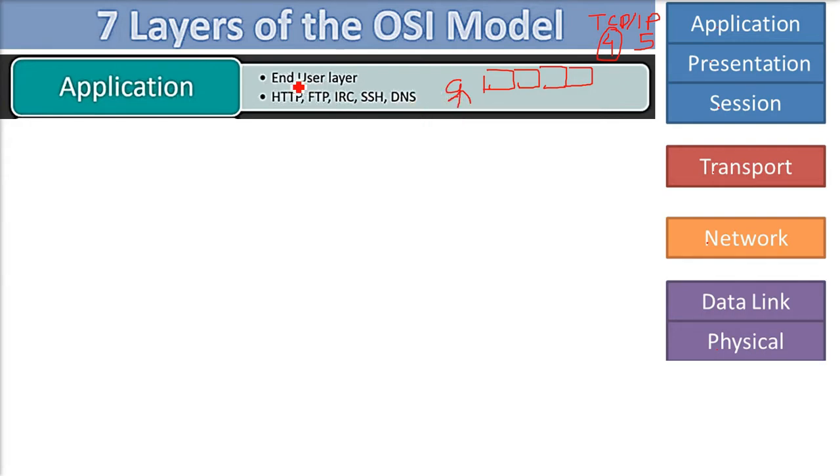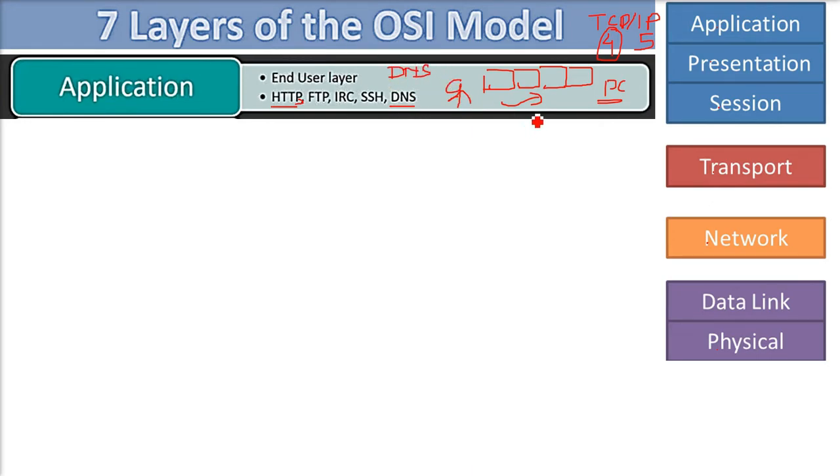So application is the end user layer. That is, you are interacting with your system in order to use the networking services. For that you need certain protocols. Whatever service you use in the background, certain protocols are there that are going to fulfill it. For example, you are accessing a web page, you are using HTTP. Then FileZilla, you are using FTP. Now you are using DNS. That is, you are typing, say,